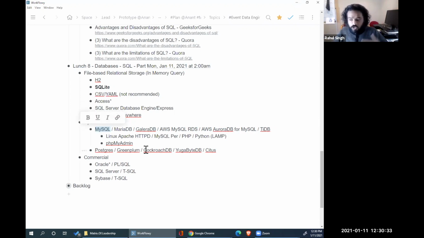Technically, all of these things should be using ANSI SQL, technically. A lot of the create statements for a table or an alter statement for a table look very similar. Or a lot of the selects and inserts and updates basically look the same. But there are slight small differences. So you may be able to get by taking an SQL export of a MySQL database and importing it into Postgres.